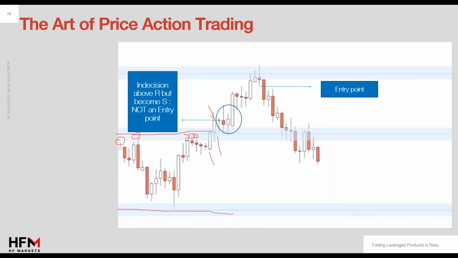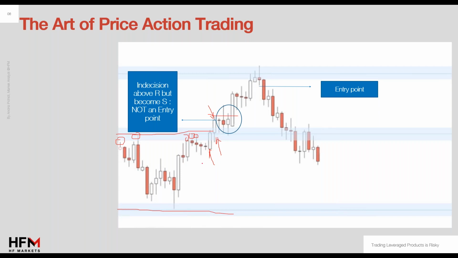So we have 1, 2 strong body candles, which indicate buying pressure. Because look at this body. It's a big, full body candle with just a tiny tail above, indicating that bulls are in control. Then the very next one, there was a bit of a fight from sellers, but the body is bigger than the tail, so that suggests bulls are still in control. So this is the very first indication of a potential long position.